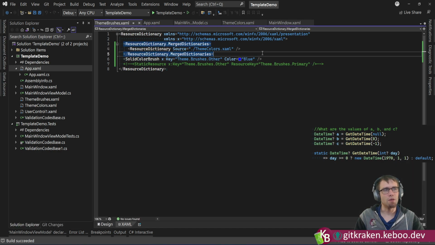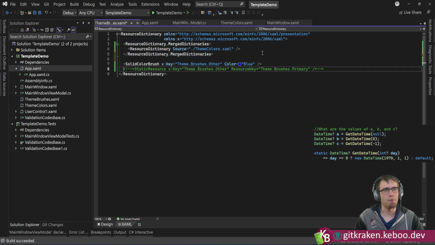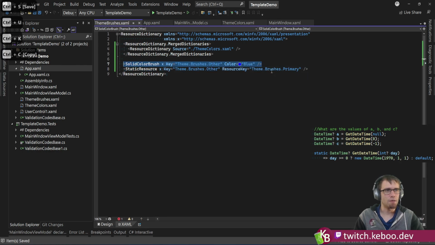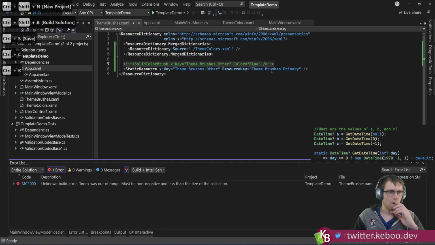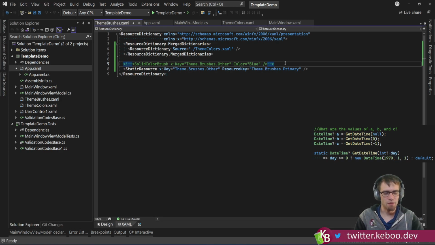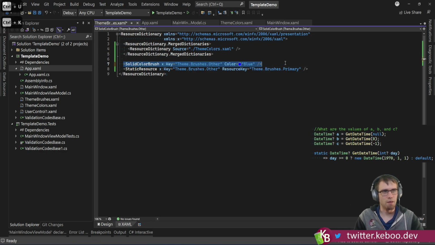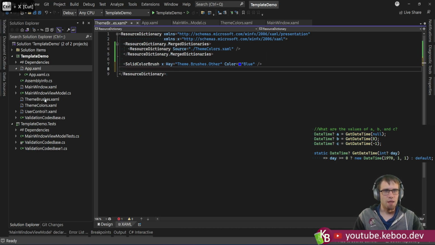Oh, interesting. So I can't separate. So if I do this, see, this is why I wanted to test this, because I wasn't sure if I could get away with something like this. So this static resource trick is not hip